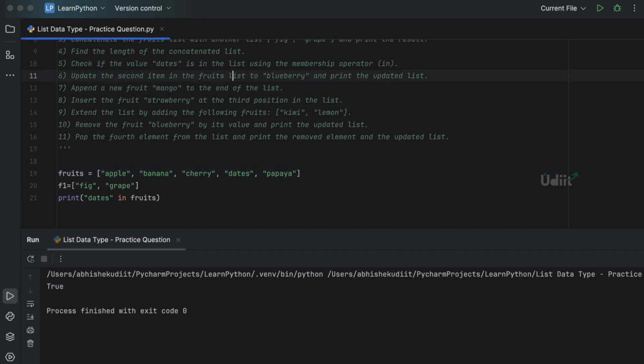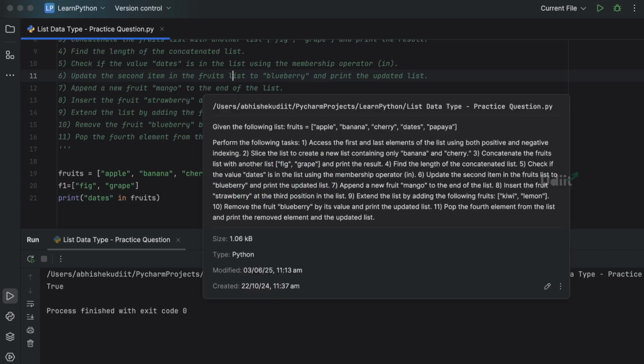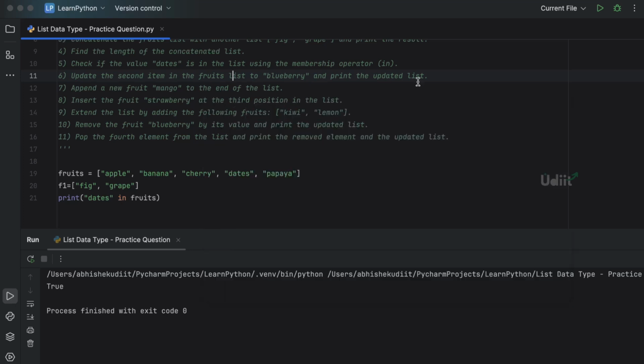The sixth question is update the second element in the fruit list to blueberry and print the updated list. So we know that in the second element, we have the fruit banana. We need to update that and change that to blueberry and then print it. So to do that one,